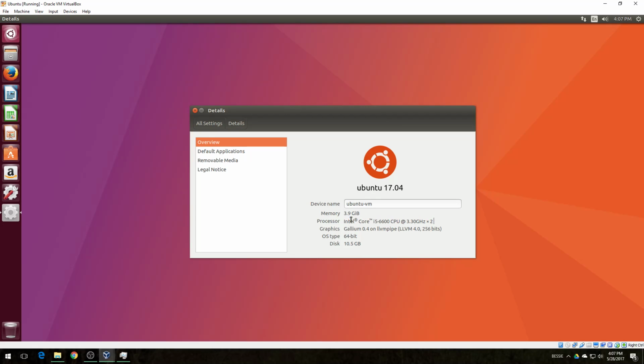It's interesting that the processor is right, and I devoted 2 cores to this VM. I gave it 4 GB in memory, which is pretty accurate. I gave it 10 gigs of disk space.